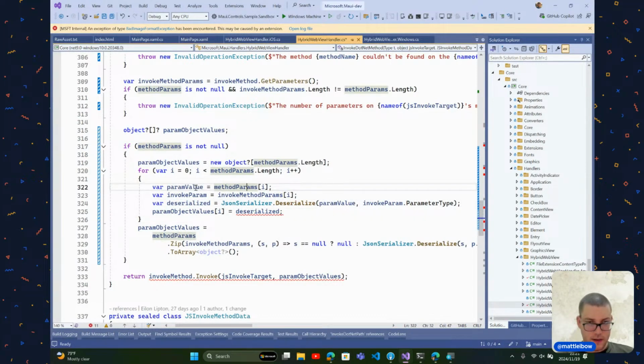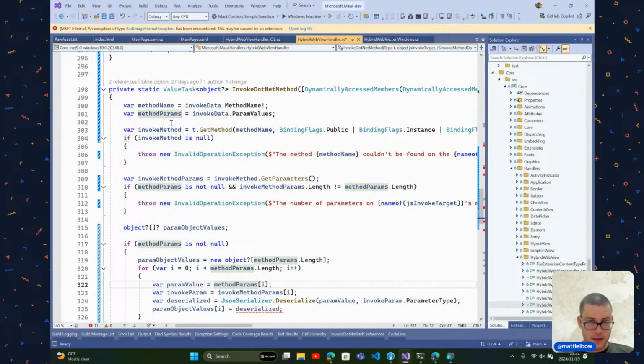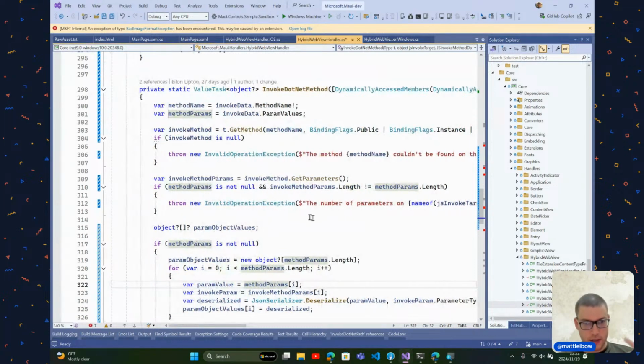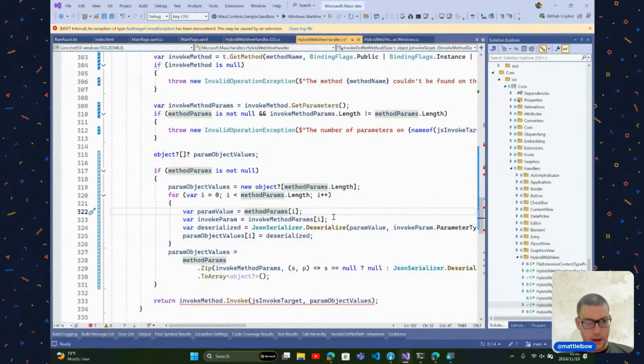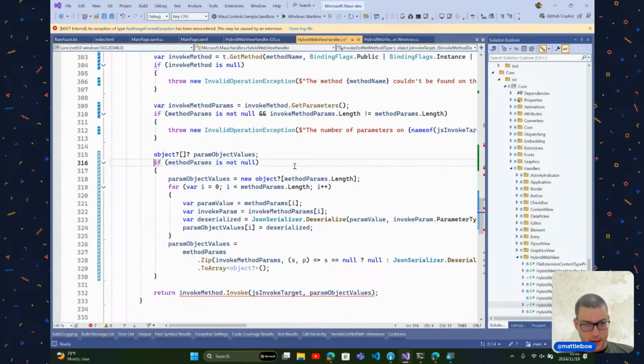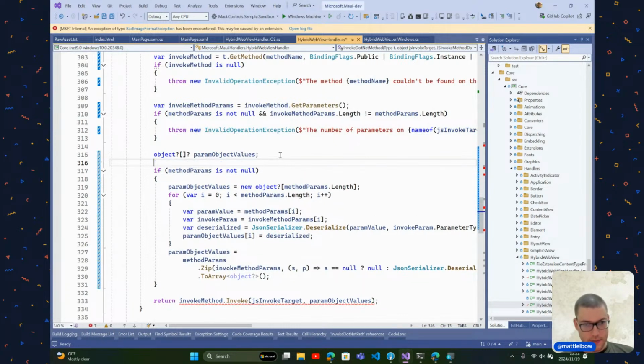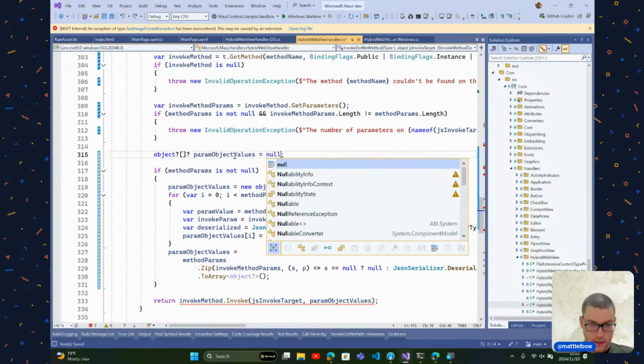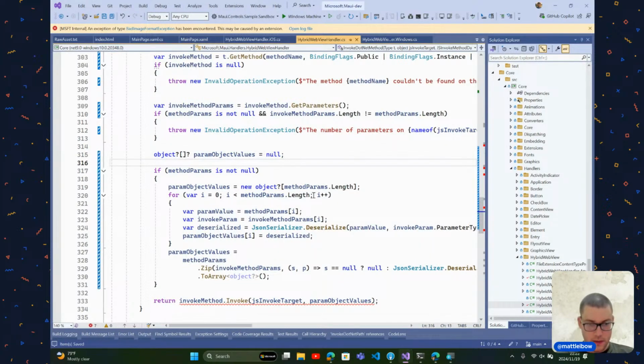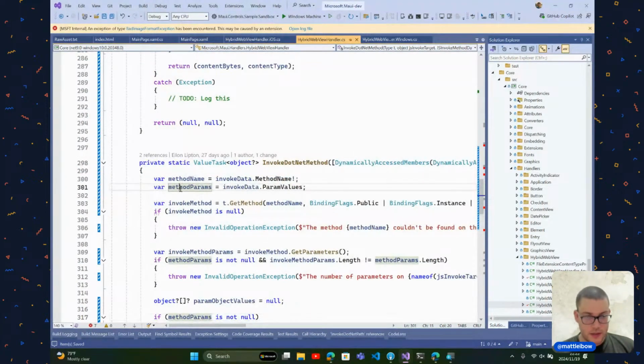So this is the parameters from the web request, right? With the web request, we invoke the method, it doesn't exist, all right, get the parameters, cool, make sure they match. All right, then we get the object, let's make it there, equals null, so we start off with null. Then, if there are method parameters from the JavaScript, then what we want to do, let's do this just